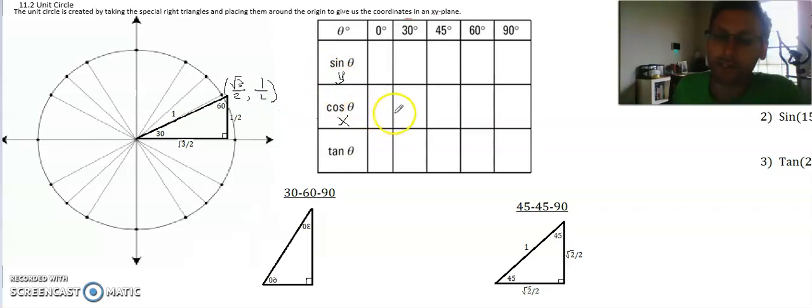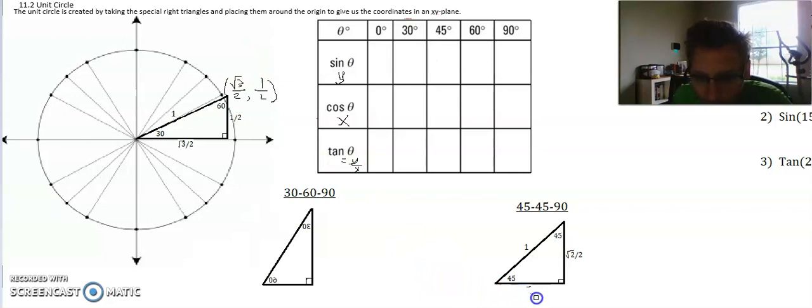And then the really exciting thing is that tangent is going to be very important later in calculus, and it tells you the slope. It's y over x. Very important later, okay? And we're going to fill out this table in a moment,